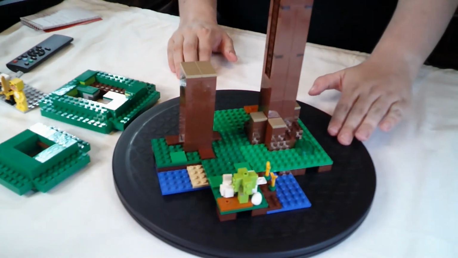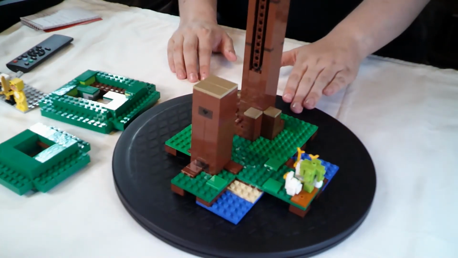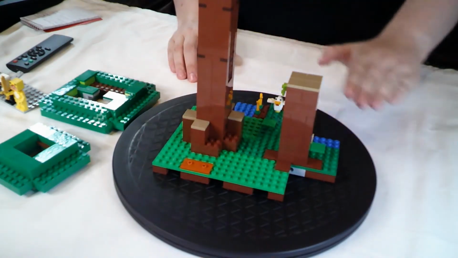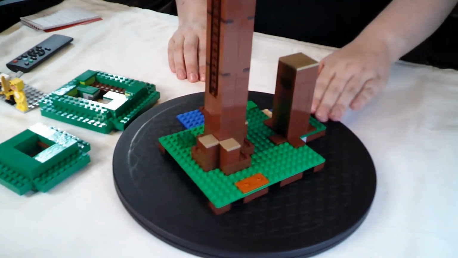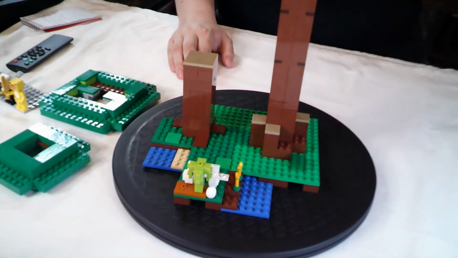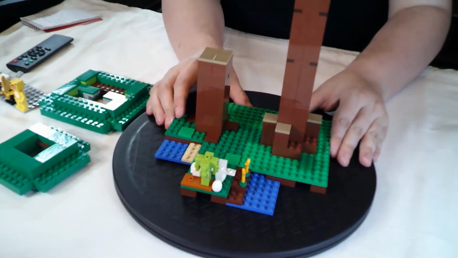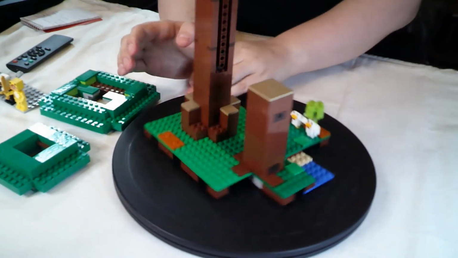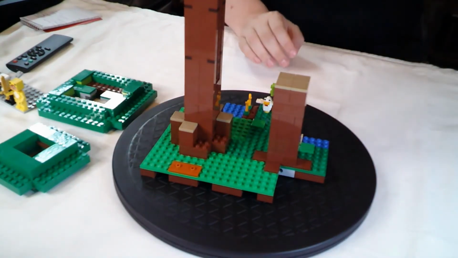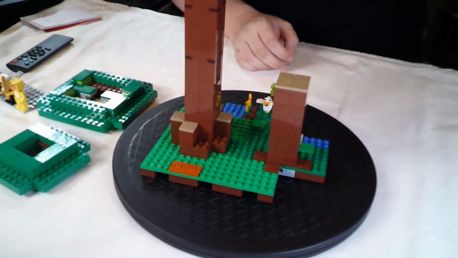But that's how the entire base place looks. A little bit of water. You have your tree trunks and a little bit of plant. Now, the treehouse is not complete, as you have all your individual rooms to put on. So, we shall start